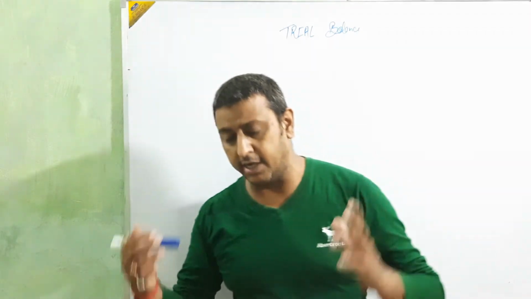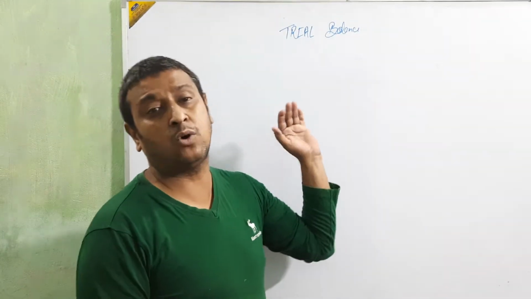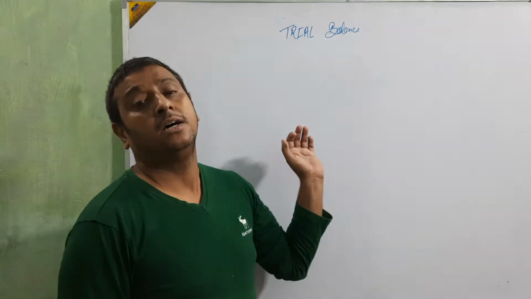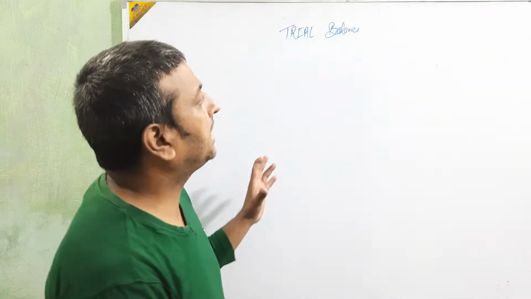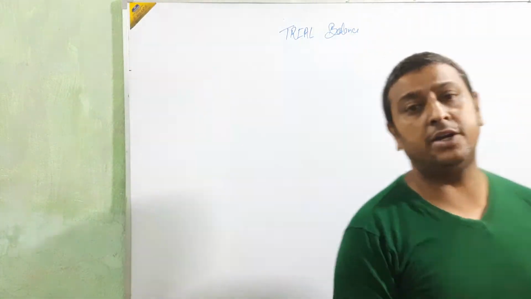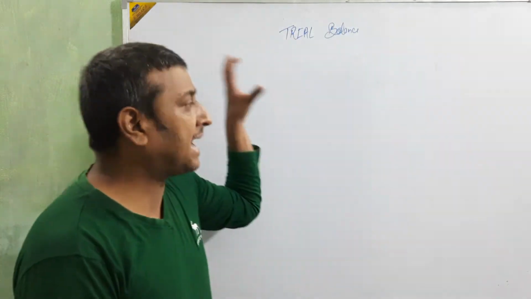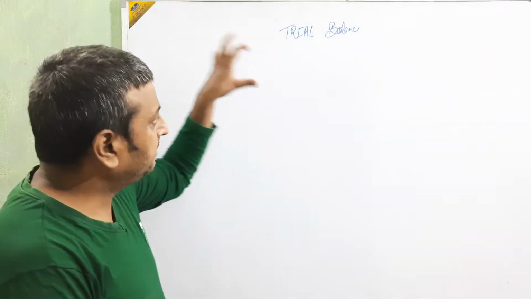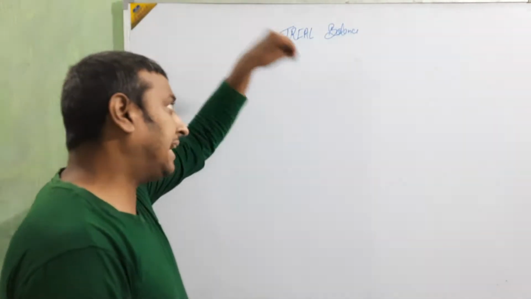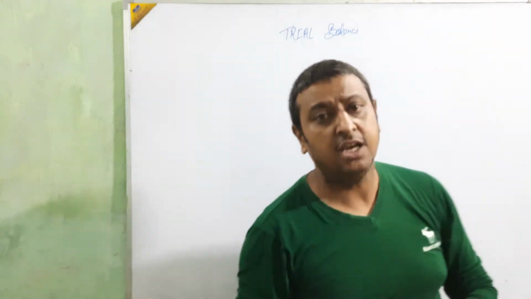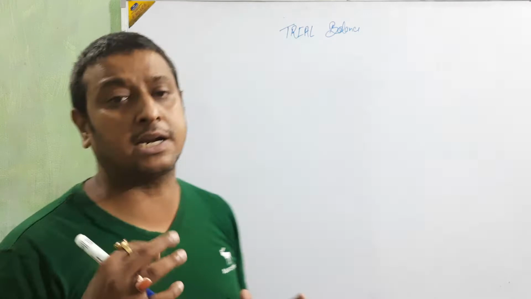Actually, mainly we make the trial balance to find arithmetical, totaling or posting types of errors, or any type of fault. For that we make one statement whose name is trial balance. It is like a trial, by which we see whether the balances are coming or not, whether both sides are coming equal or not.